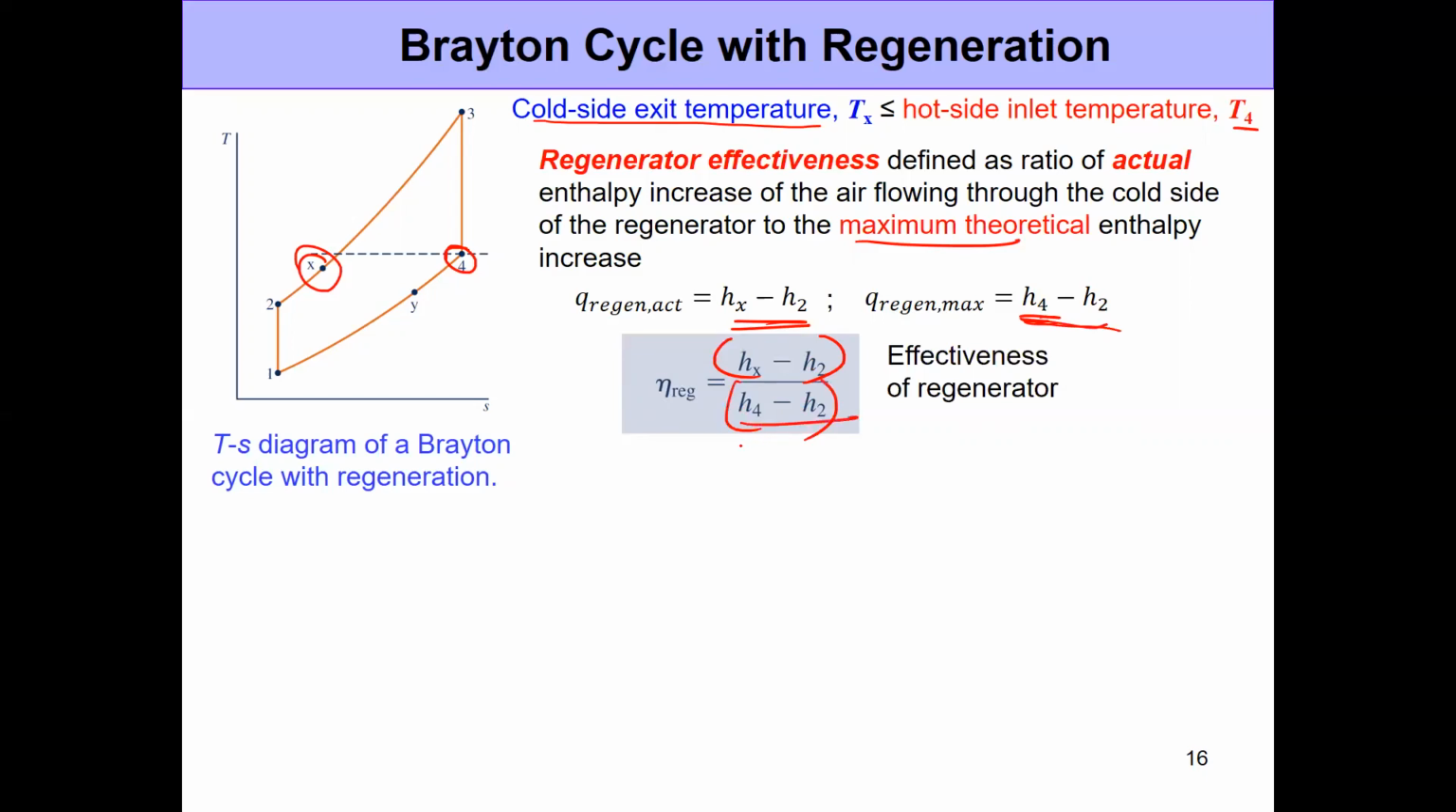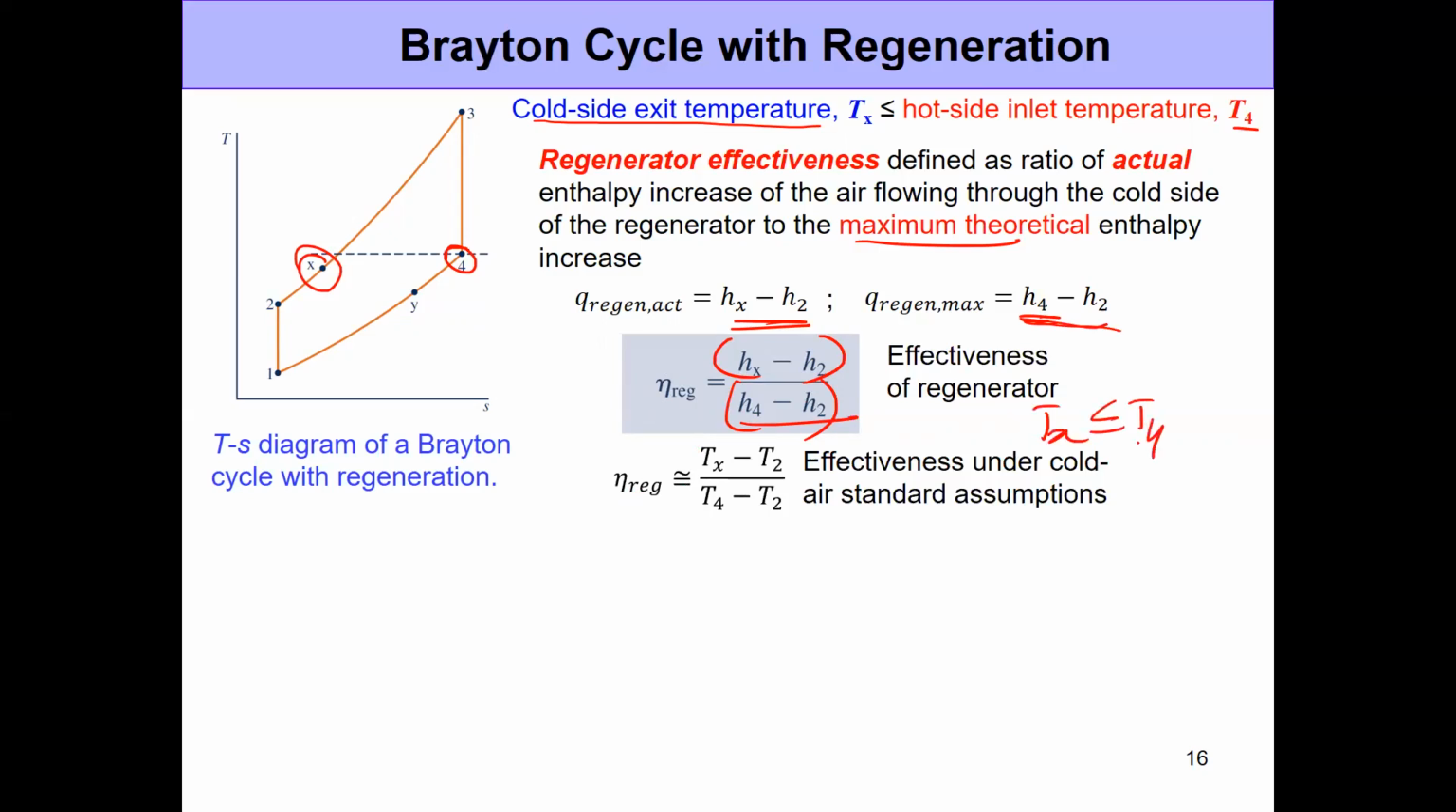Okay. So when we talk about the effectiveness of the regenerator, we can certainly look at this for cold air standard assumptions, or when we consider the air to have constant specific heat. So here we can write it in terms of the temperature. So we're saying basically the effectiveness of the regenerator is equal to Tx minus T2 by T4 minus T2. And of course, we know that the Tx has to be smaller than or equal to T4, right? In almost all cases, Tx is smaller than T4. It's not even equal to T4. So when you use this